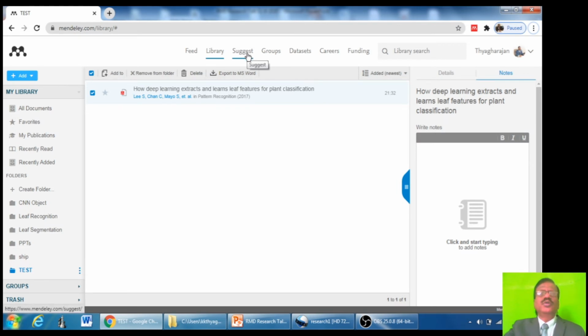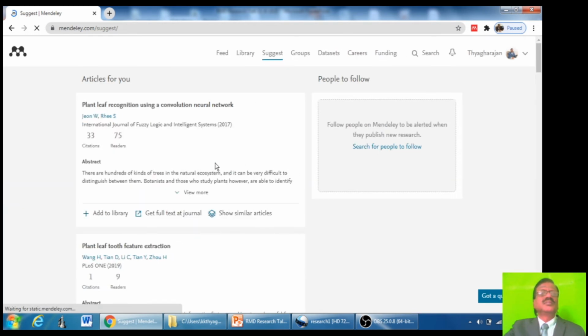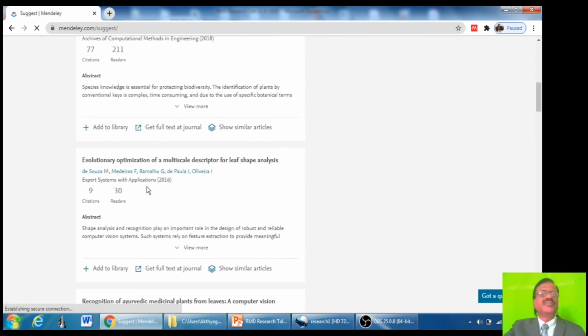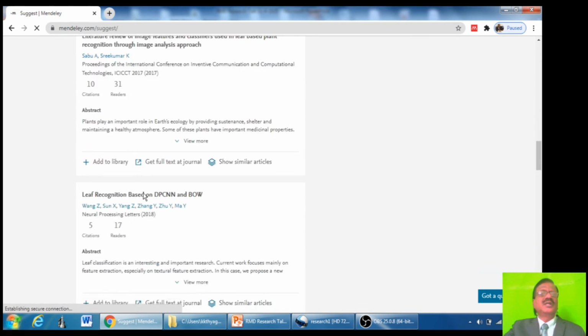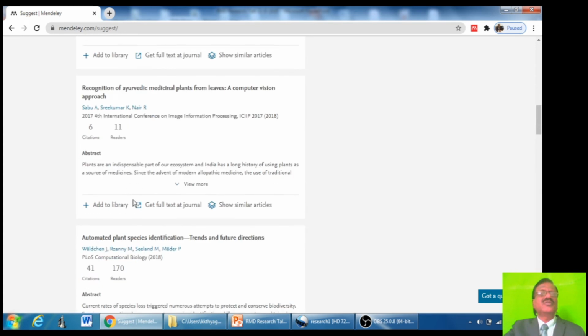Now you go to the third page, suggest. Click on this. Mendeley will suggest papers for you to read. All the articles, as we saw in the first page, here also it is suggesting many papers for you.